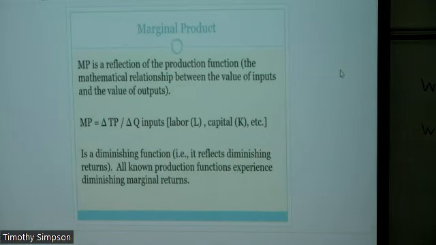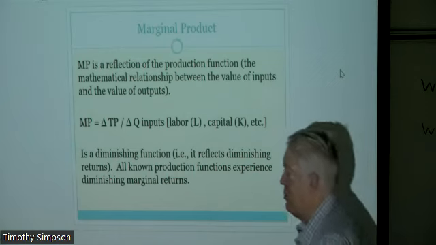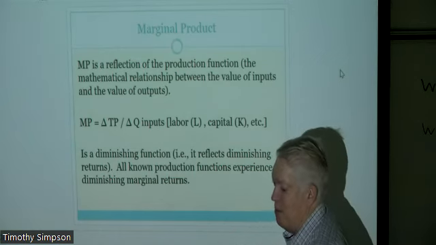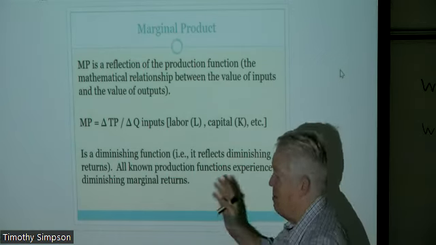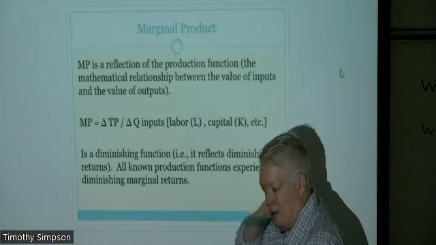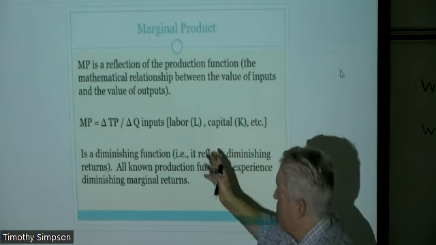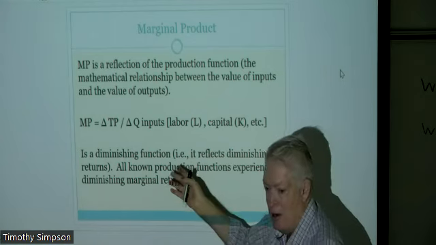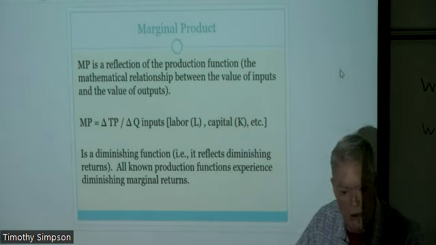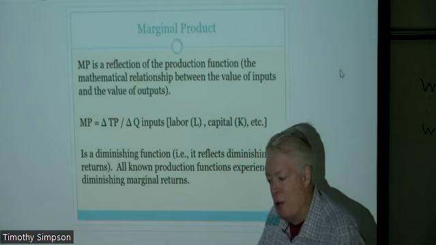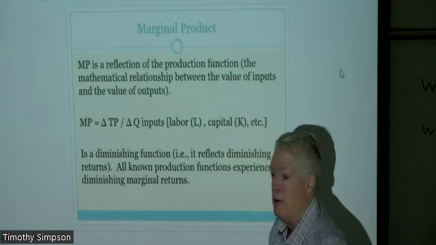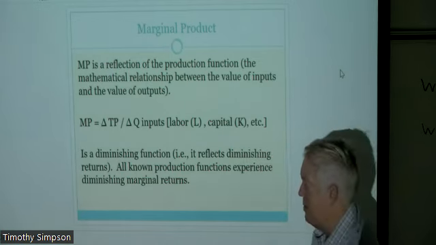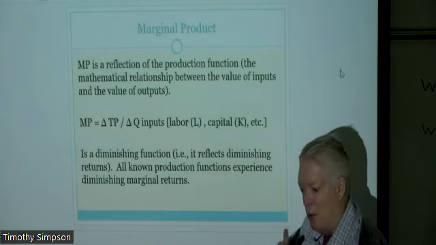All known production functions experience diminishing marginal returns. This is a mantra that economists key off of very often. It's the idea that as we add new inputs into the production process, we get less and less benefit from them. Just as one example, and let's use not labor so much, because I'll get to the labor example in a minute, but something like telephones. So think about this: you're a firm. Let's say it's a coffee store, like a FedEx Kinko's, or whatever, and you've only got one phone line.